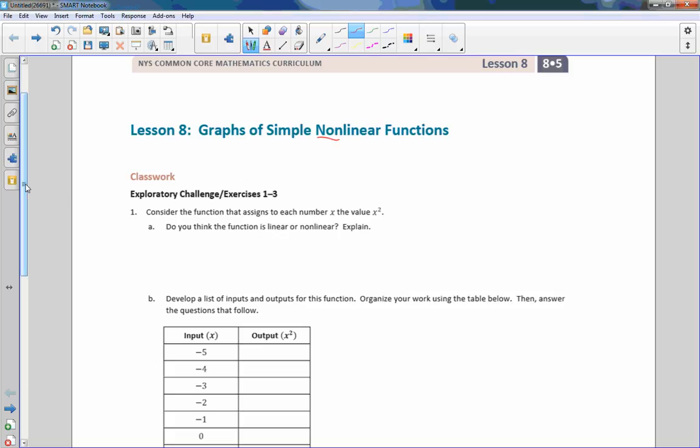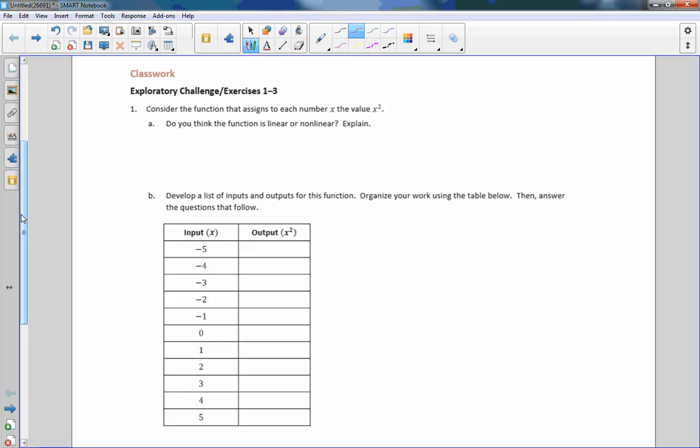Nonlinear. Okay, classwork, Exploratory Challenge Exercises 1 through 3. Consider the function that assigns to each number x the value x squared. Do you think the function is linear or nonlinear? Explain. I think the function is nonlinear